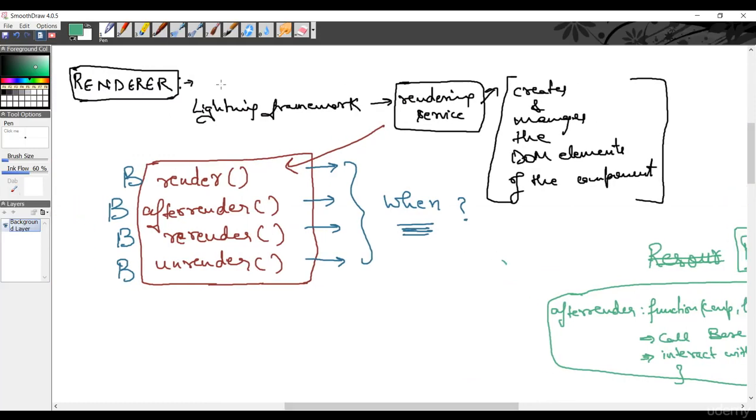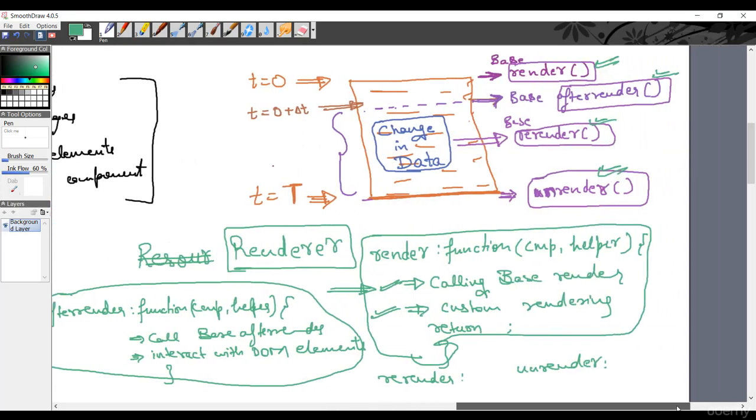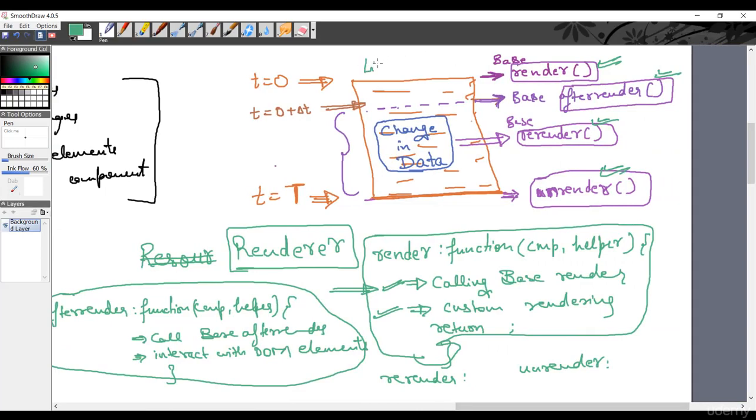So Lightning framework has rendering service. This rendering service creates and manages the DOM element of the component. But sometimes we want to modify these DOM elements, and then we use a renderer resource. So first thing that we understand is the use of rendering service. Rendering service basically calls render function, after render function, re-render function and unrender function. And when these methods get called, based on the lifespan of the component,